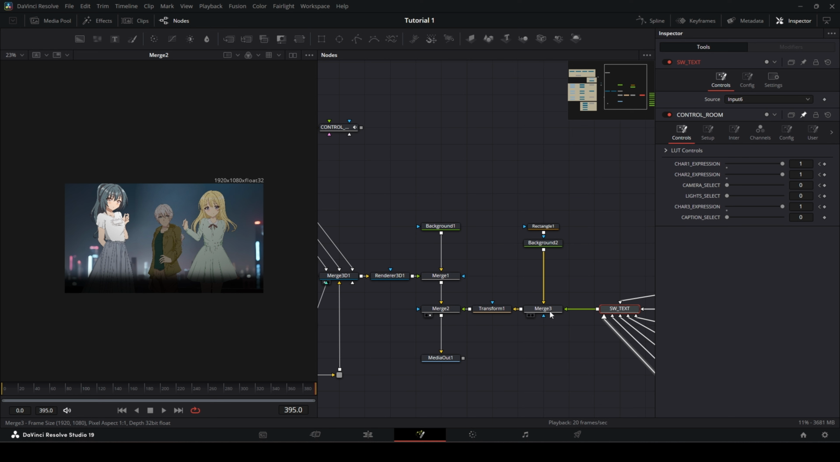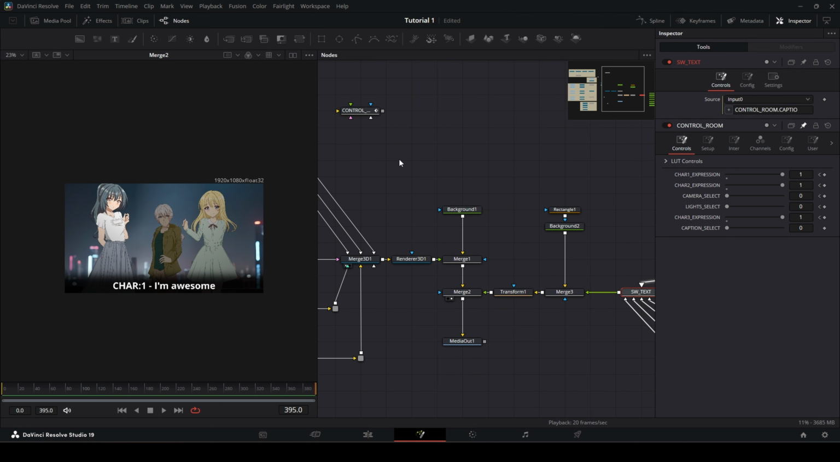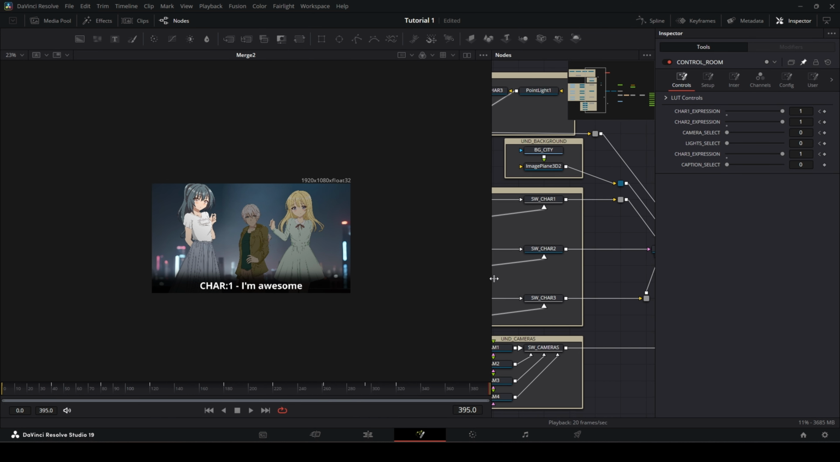So I'm going to go back over to my select here, and tell it with an expression: you're going to be equal to whatever number I've selected in here. Look at that. Isn't that great? And now, if I go back to my control room, I can go in,